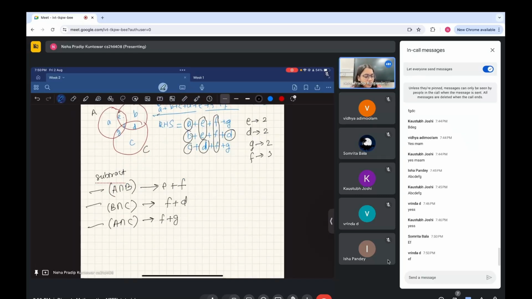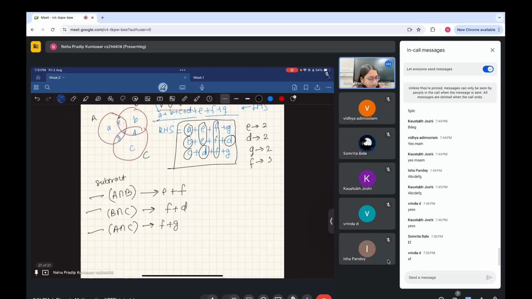So what would happen is this E and the E in the previous one gets cancelled off. F gets cancelled off. Another copy of F gets cancelled off. Then one occurrence of D is cancelled off. Another copy of F is cancelled off, and G gets nicely cancelled off. So what you are left with,